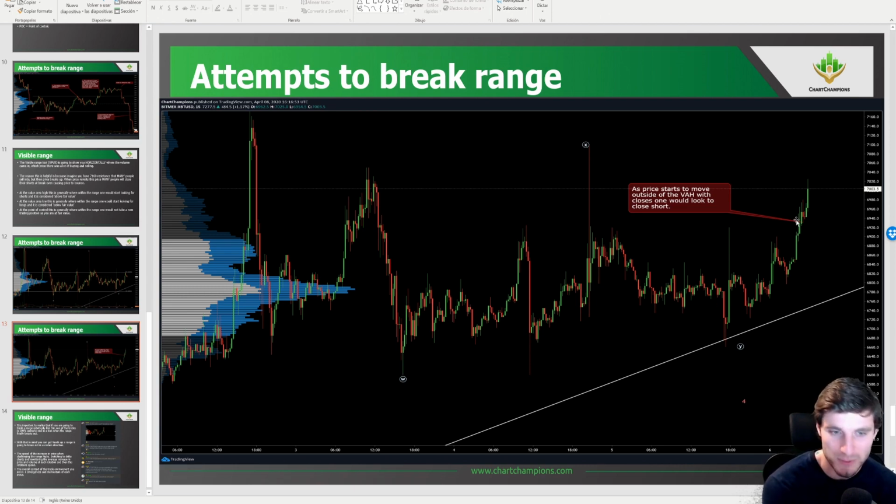You are 100% guaranteed a loss at some point, because you are robotically trading highs to lows. It's not going to go sideways forever. It is eventually going to break out. This is known as acceptance outside of the range. So if you are in a range and you start getting accepted outside of that range, that is now